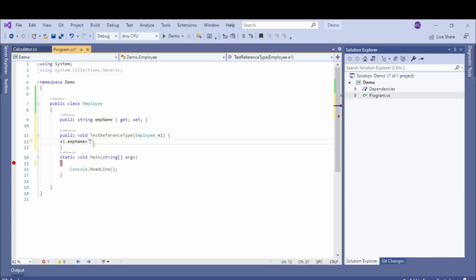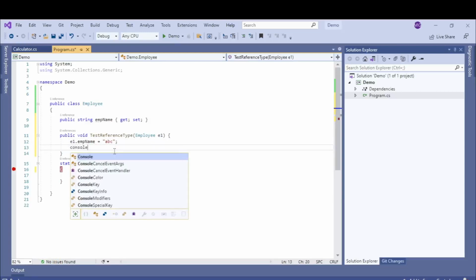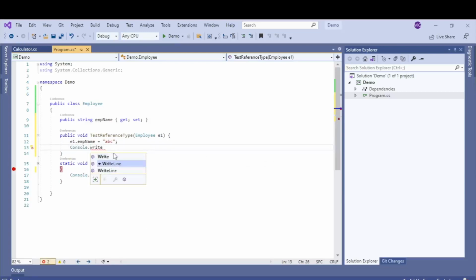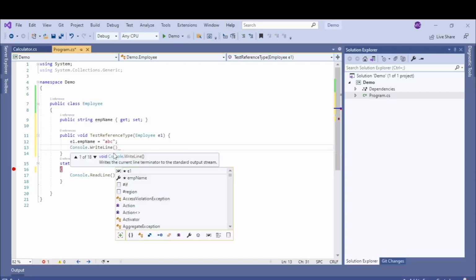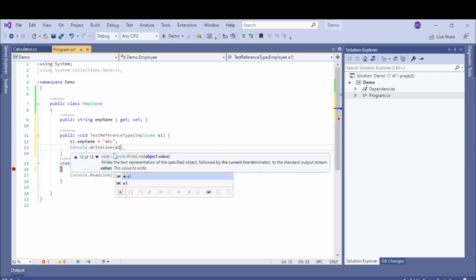Like we are giving abc, and we will be checking if the value is getting updated with the help of Console.WriteLine e1.EmpName.